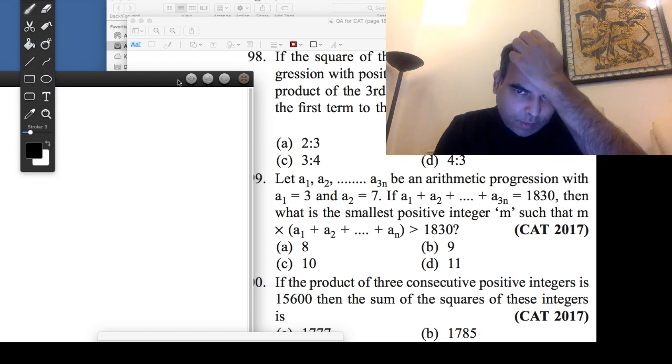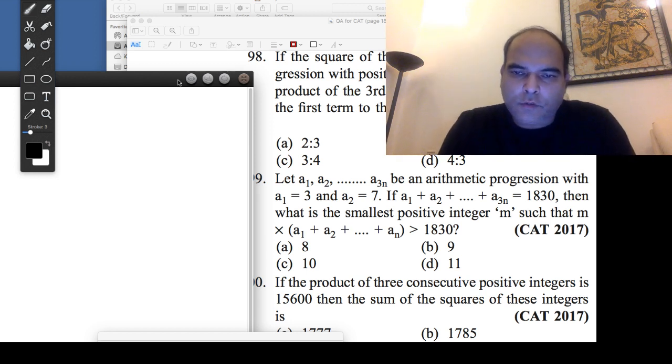So this is the first question which I want to talk about today. The question says let A1, A2, A3, A4, A3n be a geometric progression, arithmetic progression with A1 3 and A2 7,